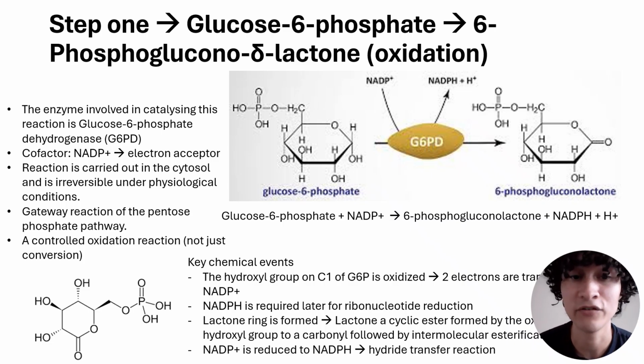This oxidation results in the formation of a carbonyl group on that first carbon, giving us 6-phosphogluconolactone. Now our NADP+ is taking 2 electrons and 1 hydrogen, so it's becoming reduced into NADPH, and that NADPH is a really important coenzyme downstream in these metabolic pathways,